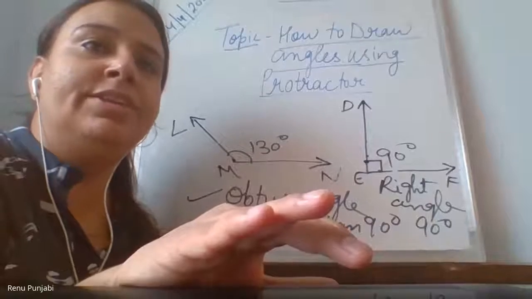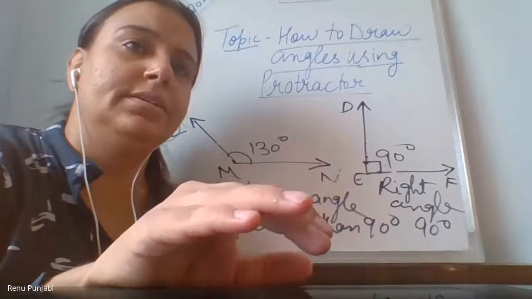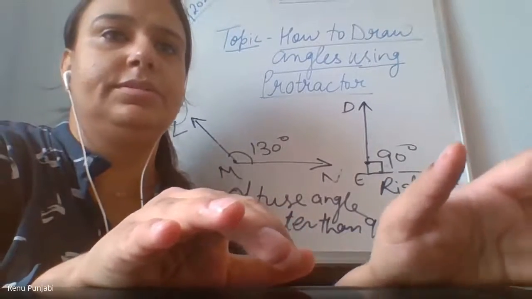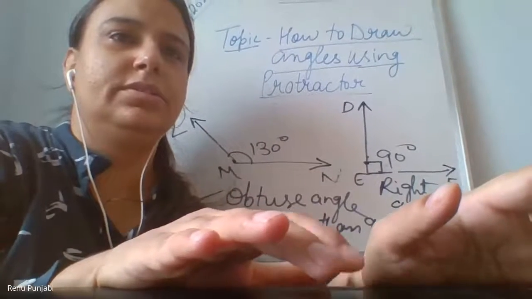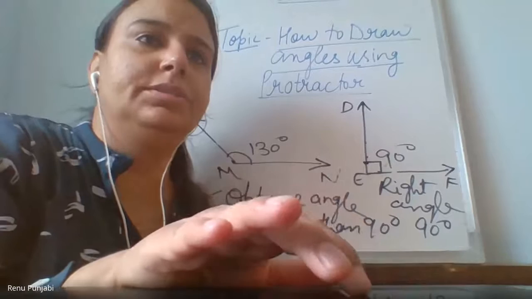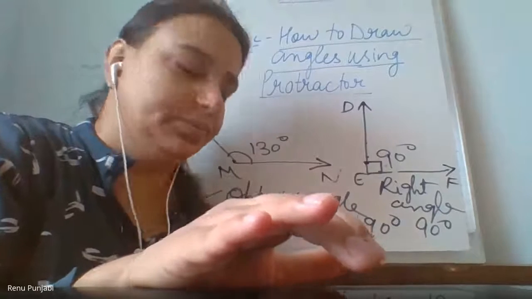Ma'am, have you measured that with the protractor, Anna? Yes, ma'am. Ma'am, I also measured. Can I show you? Wait. Yes, Samriddhi? Ma'am, I'm asking, you can see my book. Just a minute, let me take the attendance for a minute. Yeah, now show me. Can you see? Let me pin you.